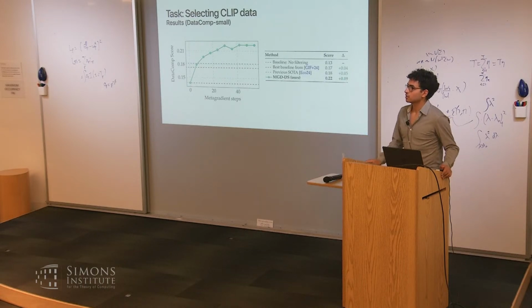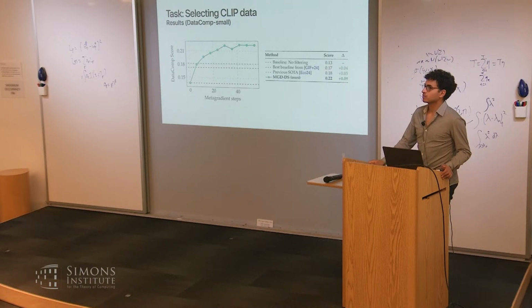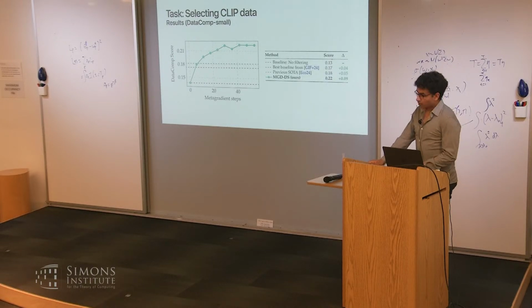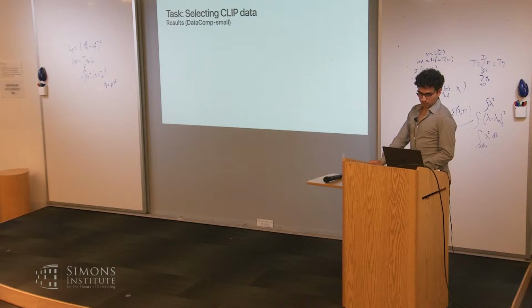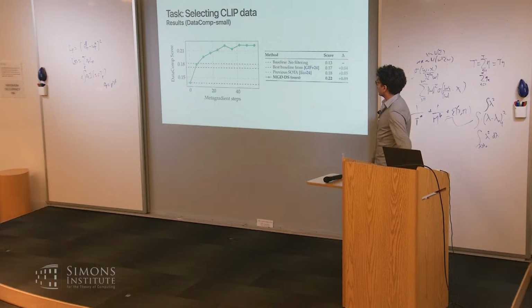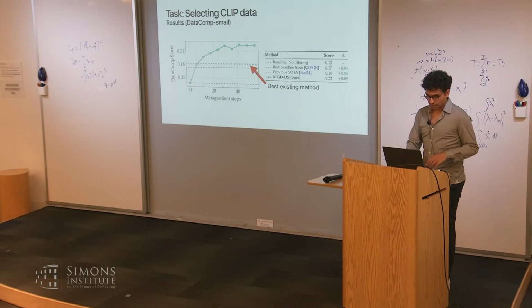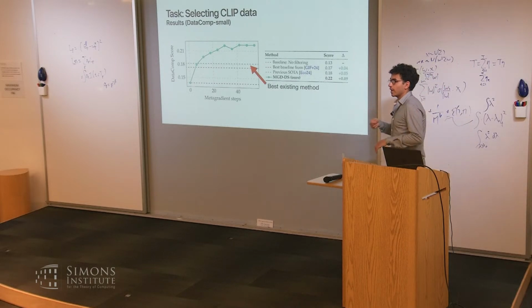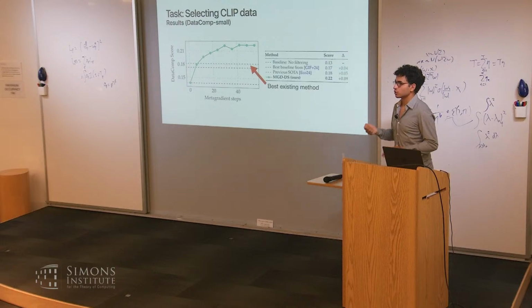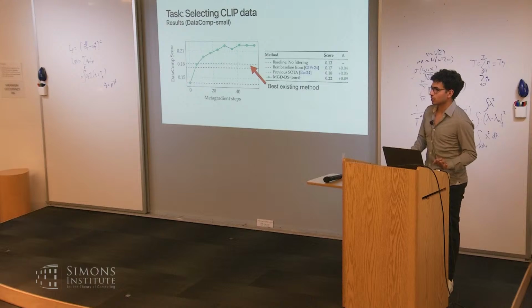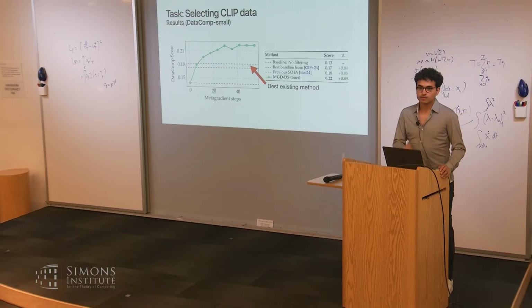So your method will give a value between 0 and 1 to each of the data points? Yes. And what will that distribution look like? Yeah, that's a great question. I have plots of it that I can maybe show you afterwards offline. It's probably easier. But in general, the method sometimes assigns weight higher than 1 to some of the points, which usually just means repeat them. But it looks pretty normally distributed. There's nothing super crazy.